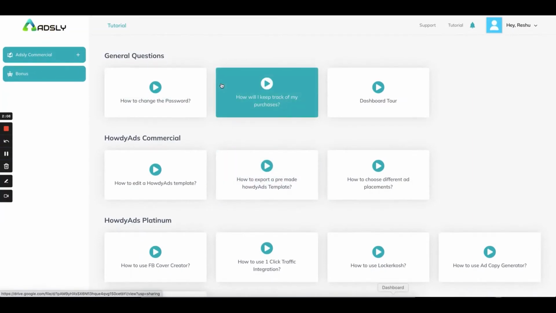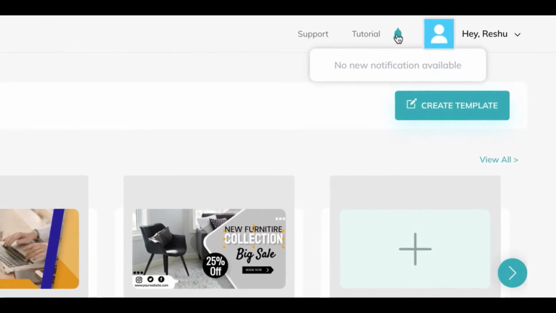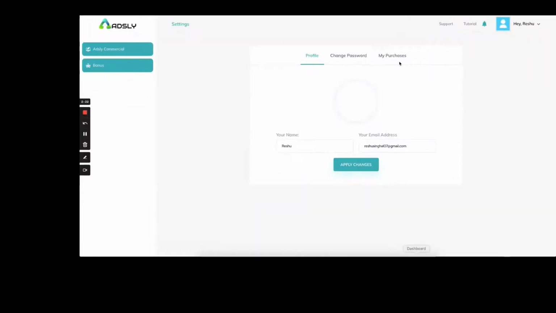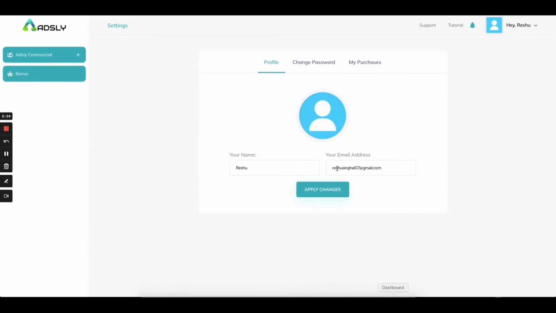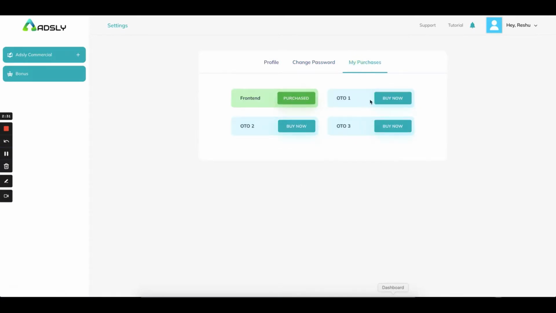Coming back, this bell icon will notify you if you have any notification from our end or from your customers' end. And here you will get all the information about your purchase, the email ID you have used for your purchase. You can change your password from here and see what you have purchased and what you can have access to if you want to. These are all the upsell information which will be added over here. Getting back to the dashboard,